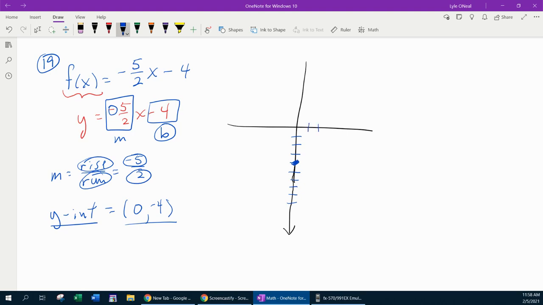So again, plot the b, rise and run, connect the dots, and then you're done. Man, I love that. Plot the b, rise and run, connect the dots, and then you're done. So awesome. Now, remember I said that negative on the slope could go with the top or the bottom,